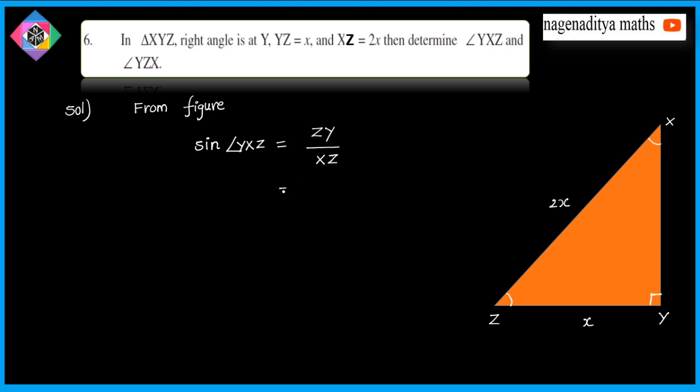So this is equal to, the value of ZY is X and the value of XZ is 2X. So X cancels, and we have 1/2 remaining here. Therefore sine of angle YXZ is equal to 1/2. So this can be written as